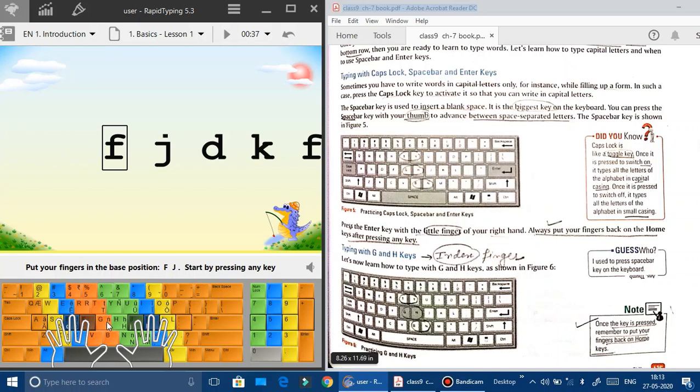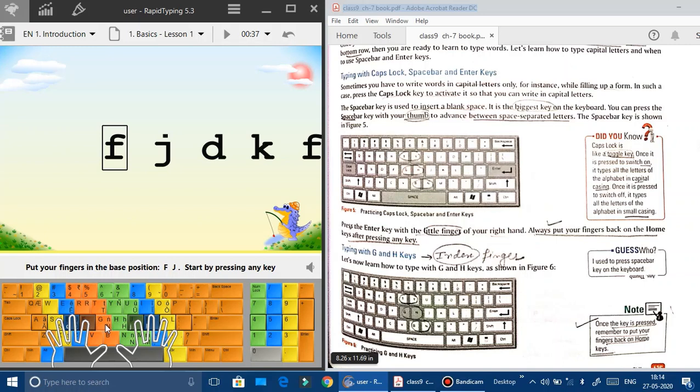But where your hand should rest: your left index finger should rest on F, and your right index finger should rest on J. If you need to press H, your right index finger will be used, and similarly the left index finger will be used to press G.